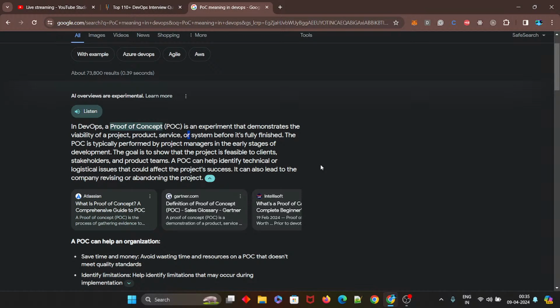The POC is typically performed by a project manager in the early stage of development. The goal is to show that the project is feasible to the client, stakeholder, and product team. A POC can help identify technical or logistical issues that could affect the project's success. It can also lead to a company revision and